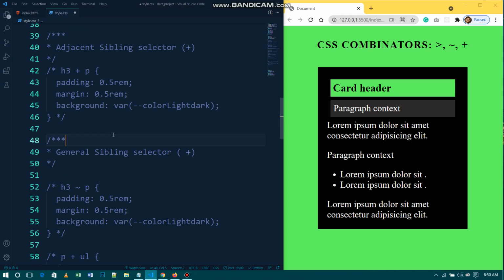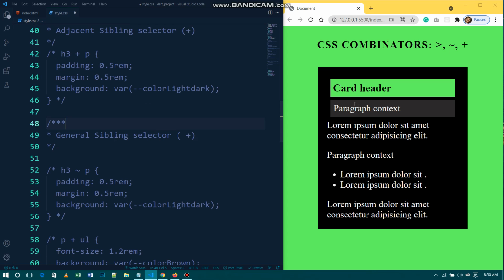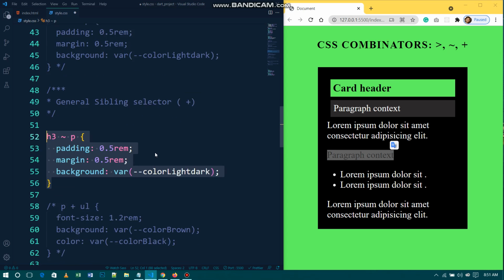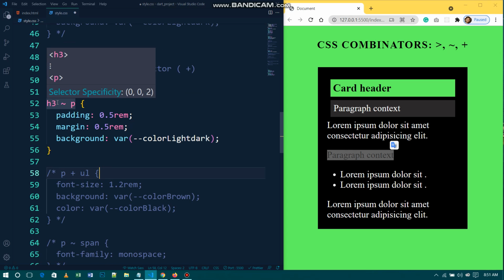Now if we want to change not only this adjacent sibling but all of these siblings which are paragraphs, we want to change this style. Look at this code. Here if I hover on this, our element is h3, and our targeted elements are all its paragraph siblings.